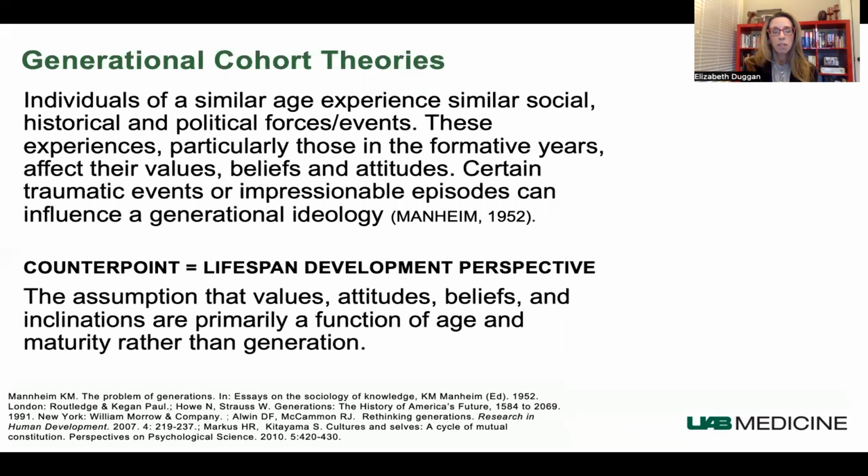Researchers in the lifespan development perspective, however, speculate that the differences between cohorts are not unique to the events surrounding their birth years, but are better attributed to life cycle. For instance, 20-year-olds today may share much in common with 20-year-olds in the 1970s. Personality and attitudes are shaped by life experience and exposure as opposed to generation-specific events.